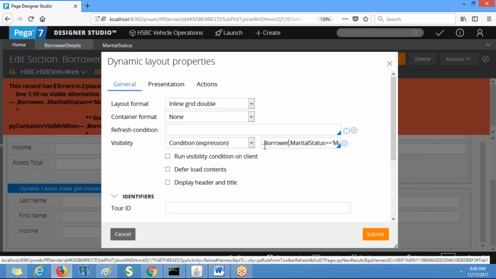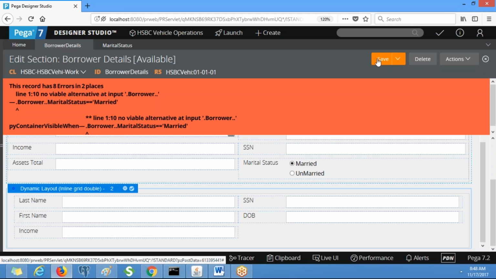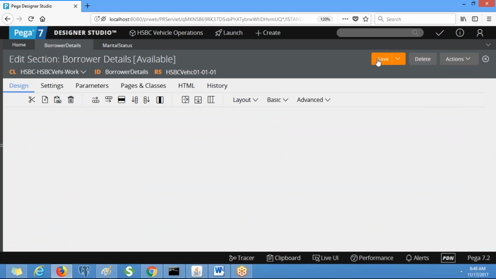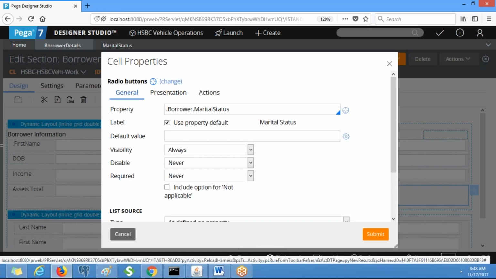Here it should be dot borrower dot marital status. And here we need to put the refresh condition, so whenever we click on that one, the complete section has to be refreshed.